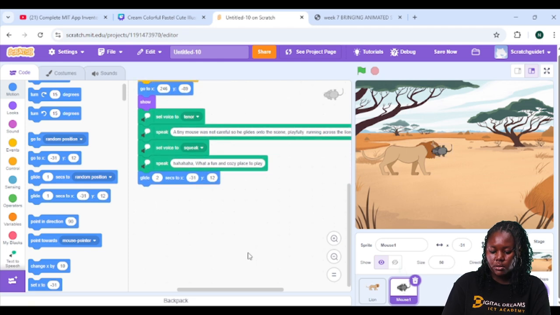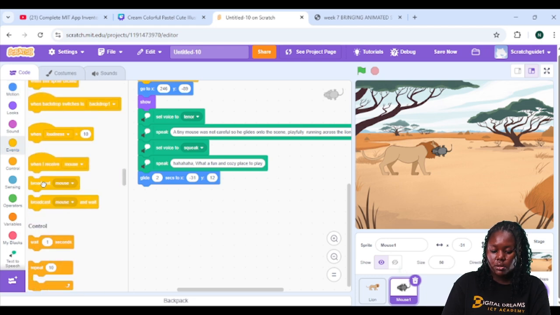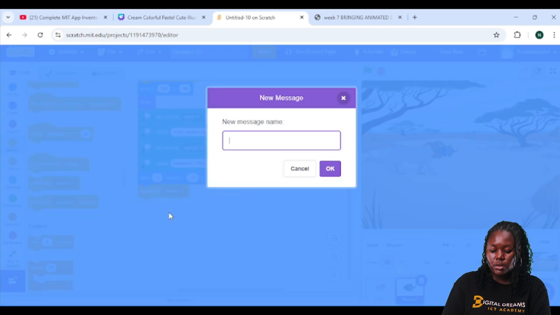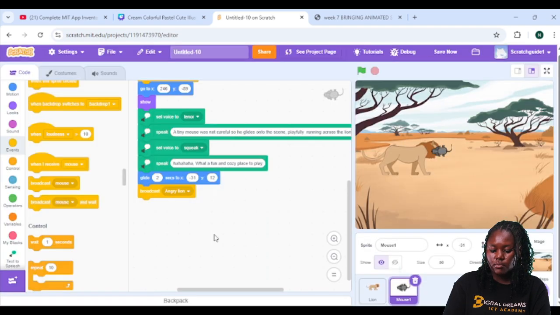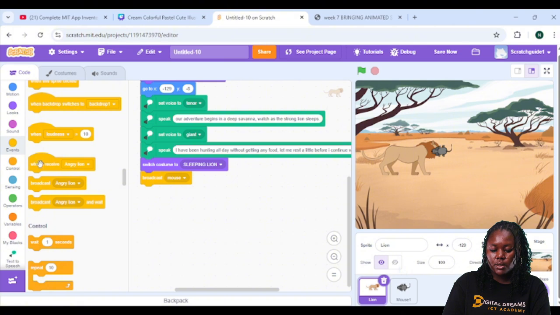And then broadcast a message. Use a new message and name it Angry Lion. Okay. And then go to the lion. When I receive Angry Lion,